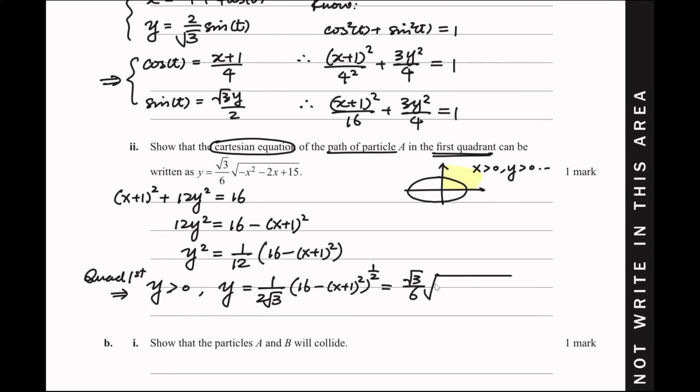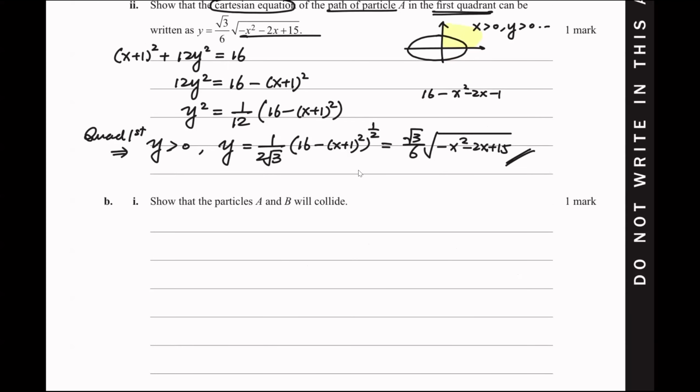The second number, if you get 16 take away x squared, take away 2x, take away 1, yeah, that's indeed minus x squared minus 2x plus 15. I think the important thing is your algebraic rearrangement plus you have to justify why you choose the positive square root. Hopefully the question should have specified some phrase like that. But anyway,